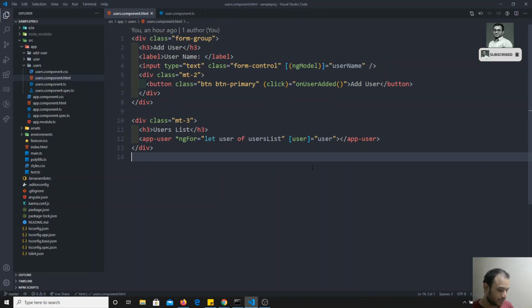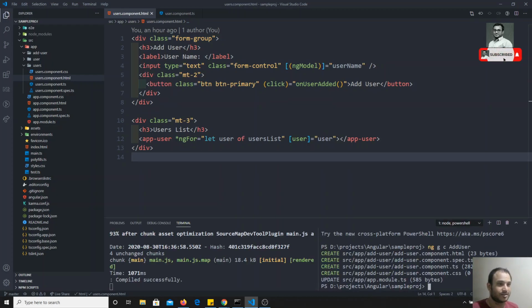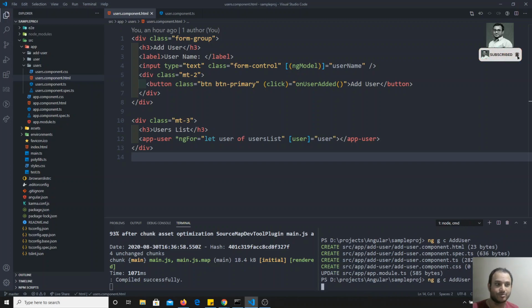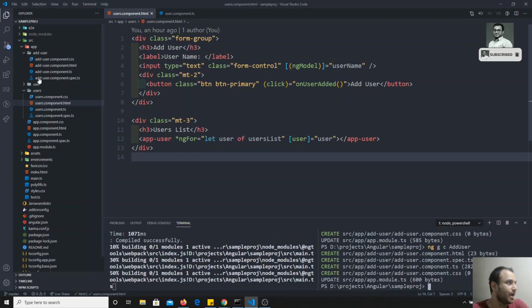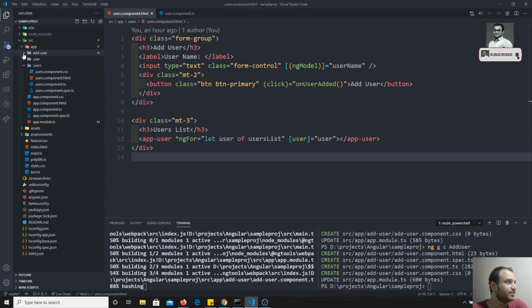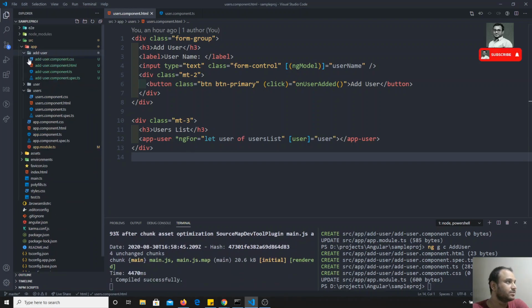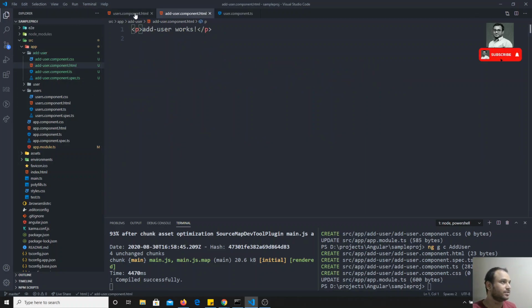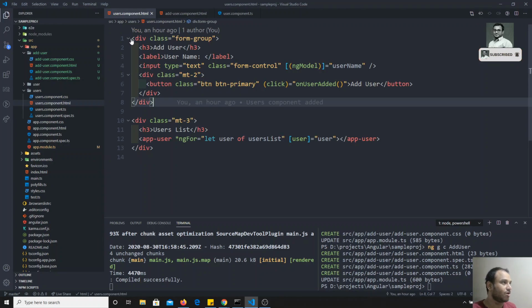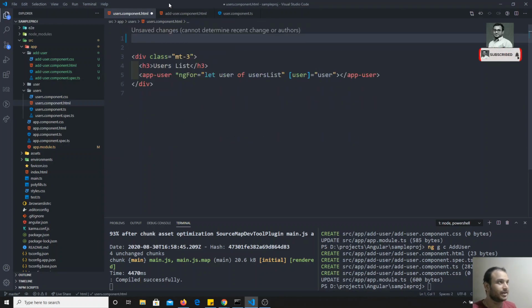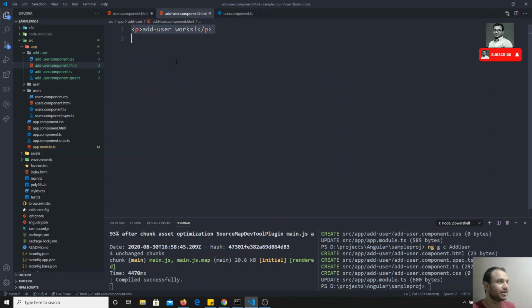Okay, now let's create a component here. I will run ng g c add-user to create a new component, add user. So let it create that add user component. After creating the add-user component, I will take all the HTML from here and paste it here.